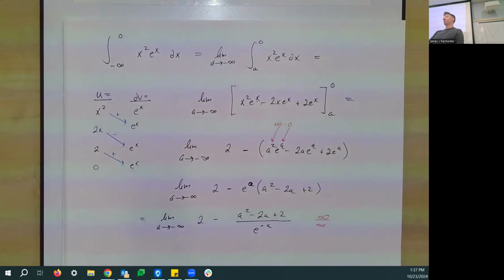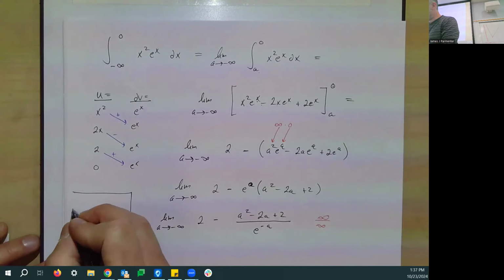You can also use L'Hopital's rule when you have a what over what? Yeah, a 0 over 0. So 0 over 0 or infinity over infinity, you can use L'Hopital's rule. What is L'Hopital's rule? L'Hopital's rule says that if you have one of those two types of limits, you can take the derivative of the top and the derivative of the bottom, take the limit of that, and the answer is the same. In other words,